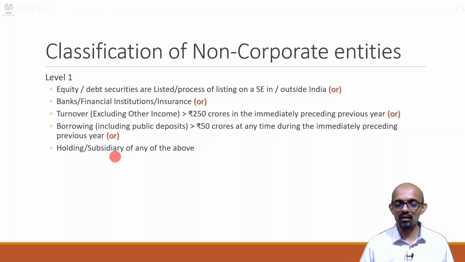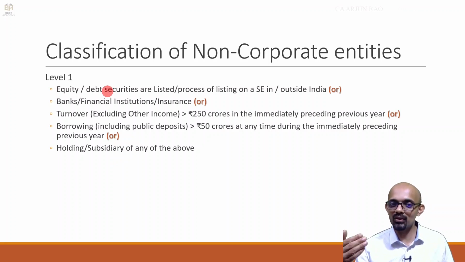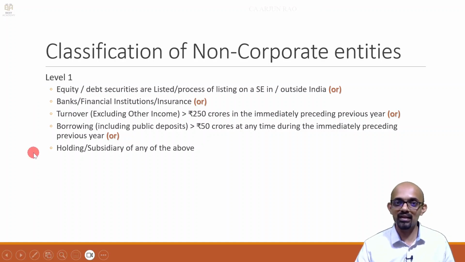That is one. The other point is, sometimes there will be some redundancies in law. In other words, we try to make that law future proof also. Okay. Suppose in future, partnerships are allowed to be listed on a stock exchange. Then you don't have to amend this again and again. Okay. So that is the reason why these criteria have been retained. Even though in the Indian context, non-corporates cannot be listed, they cannot have holding subsidiary, but still those criteria have been retained. Okay. So what are level 1 entities?